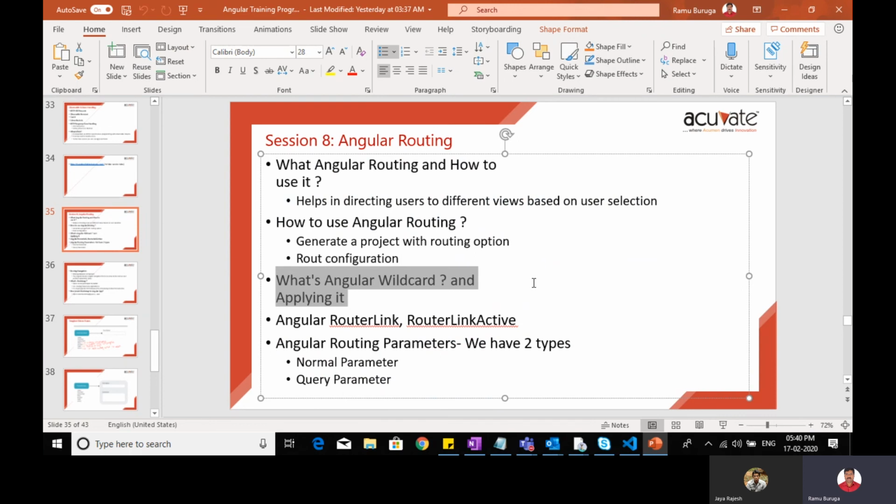The default component of your routing, used if nothing is found, is called wildcard. We have seen Angular router link and router link active for switching tabs from one component to another. Next, we can see routing parameters.